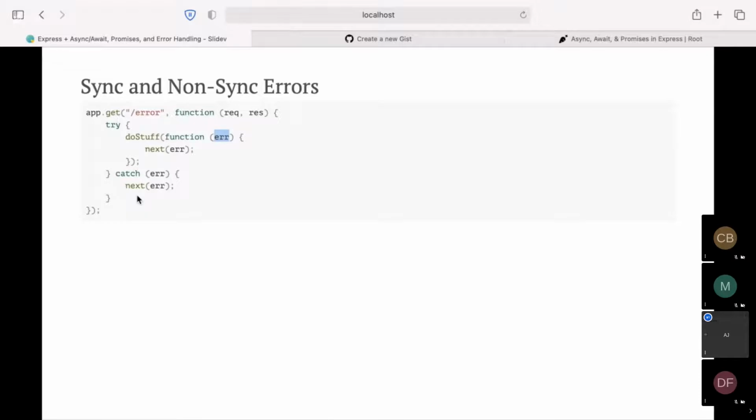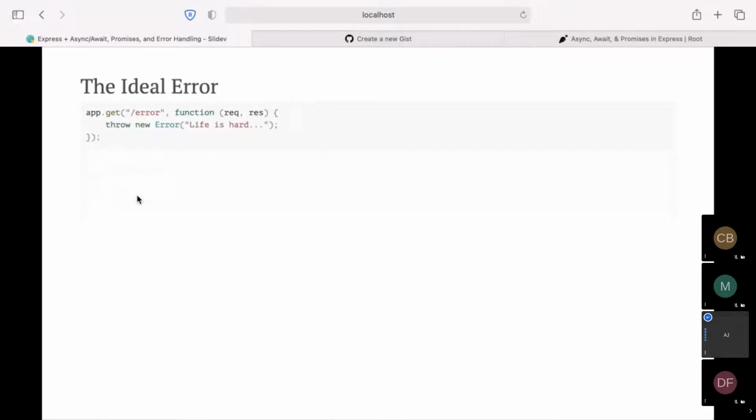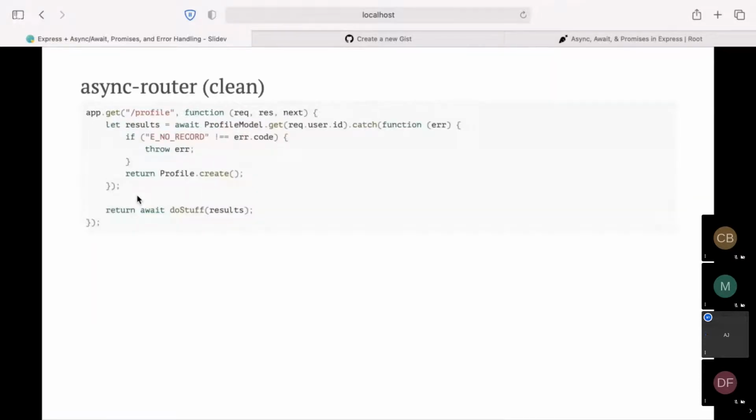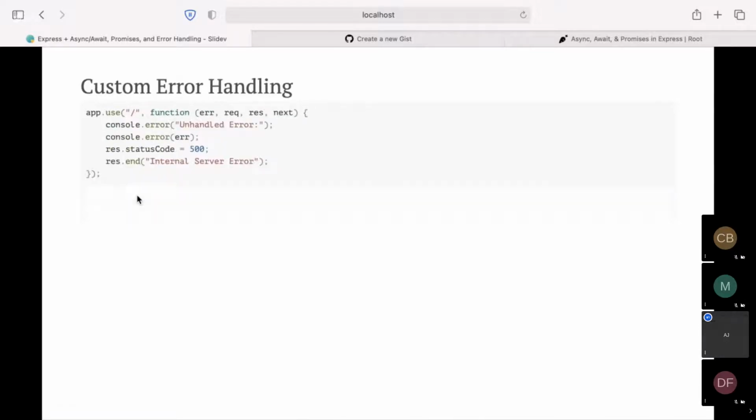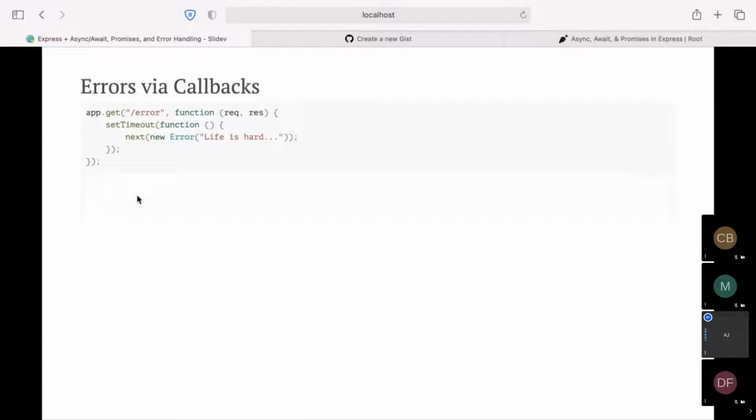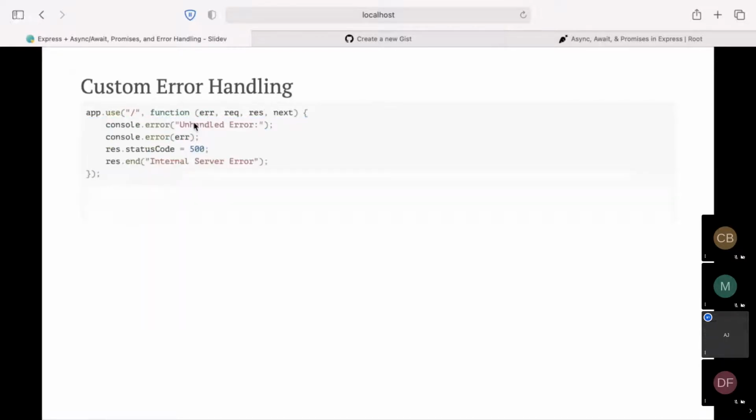But again, if you're using this pattern, even if you have this type of error, you don't have to do all the try-catch stuff, because in an async function, whether it's a synchronous error or an asynchronous error, it's going to blow up. So we wouldn't have to worry about it if we were doing the clean method either way. Right. Okay. Right. You would have to worry about this type of thing where there's a set timeout in the callback function, but